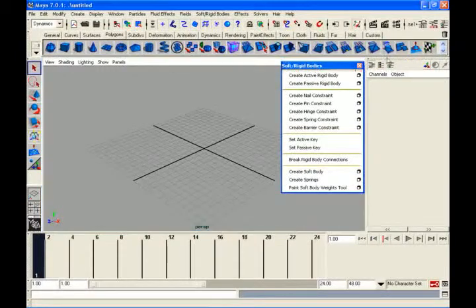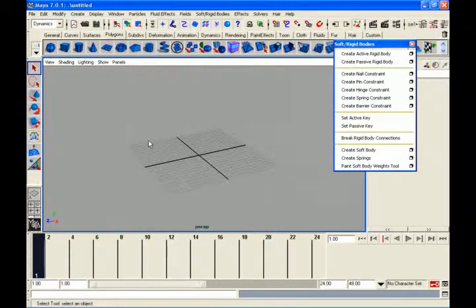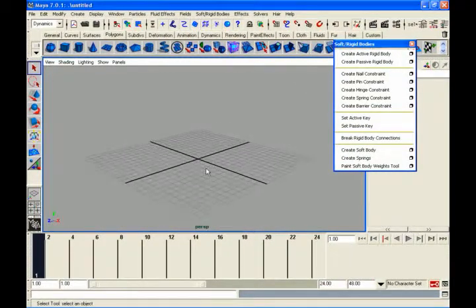Constraints, to control your objects, your dynamic objects. The first example is your pendulum. We will be using the nail constraint. A nail is what we put on the wall.